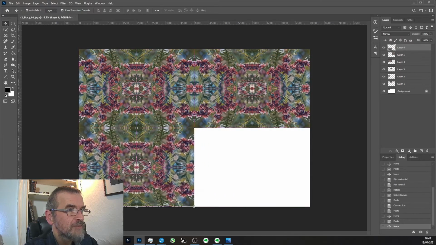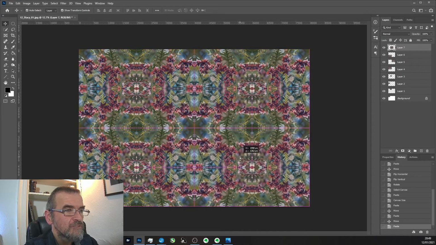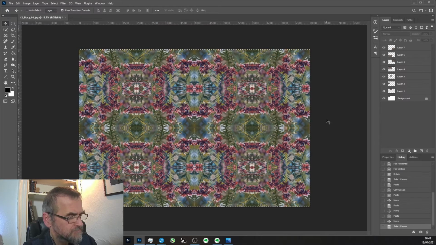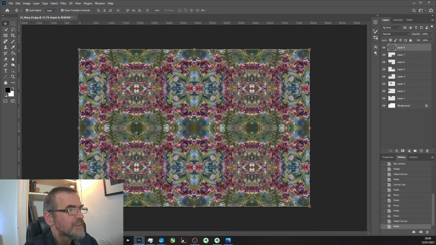Only this time I don't have to actually turn anything because it's already set, so you can now see that you can create these kind of patterns. Now this ends up very horizontal. I mean, another way of doing this as well is if I